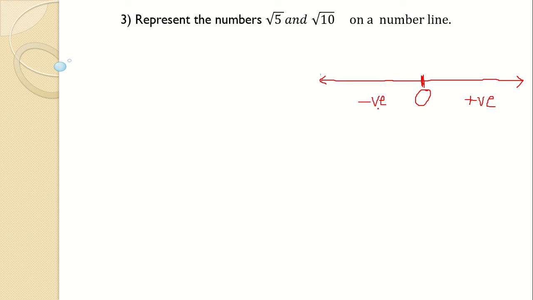Now a rational number is a fixed number. It terminates or it is recurring, so it is easy for you to plot it on a number line. But for irrational numbers, the decimal representation is non-terminating, non-recurring. So in order to plot them on a number line, we have to take help of geometry. Here we are going to take help of geometry as well as Pythagoras theorem in order to plot them on the number line. I hope you remember what Pythagoras theorem is. You have been learning it since 7th standard.